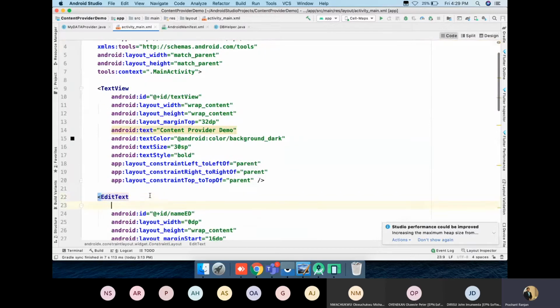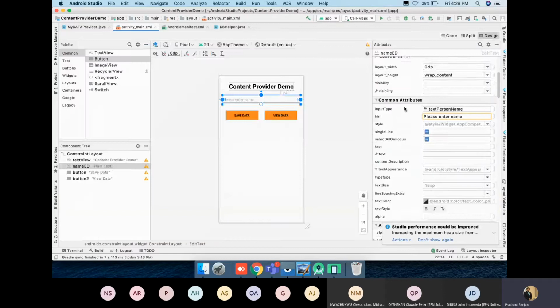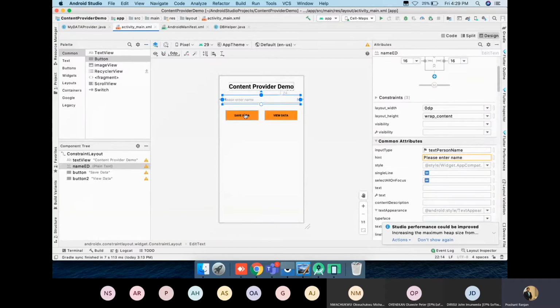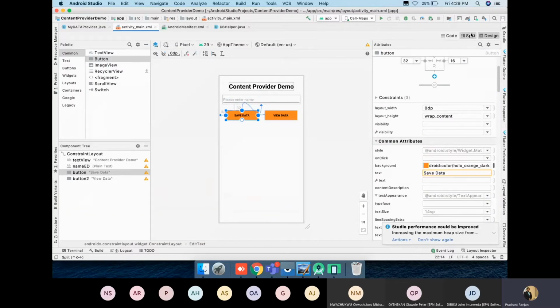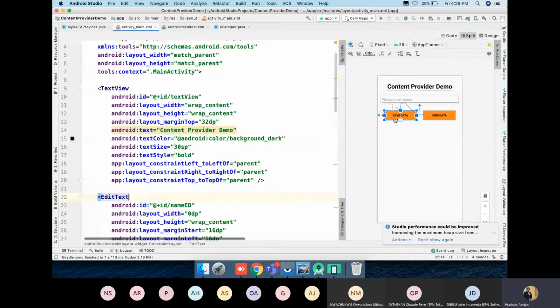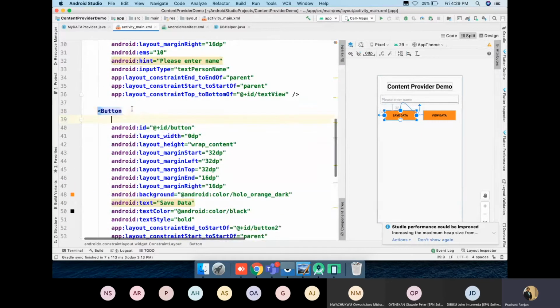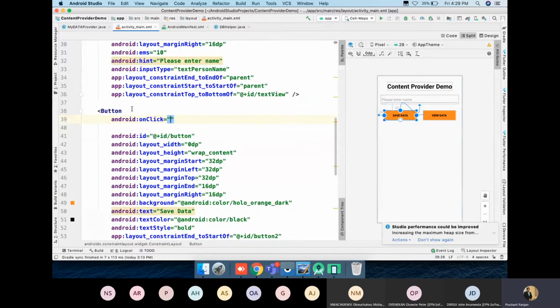We'll have edit text, sorry, not edit text, design. Split it. Save data. Let's have it on click save data.